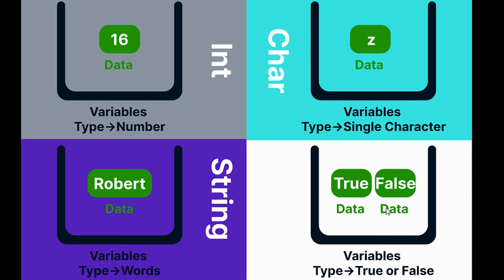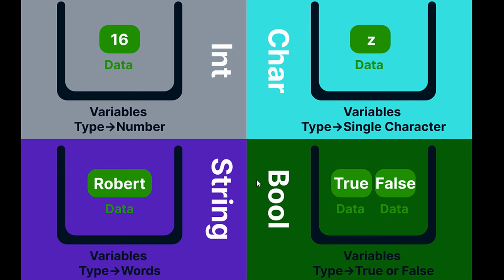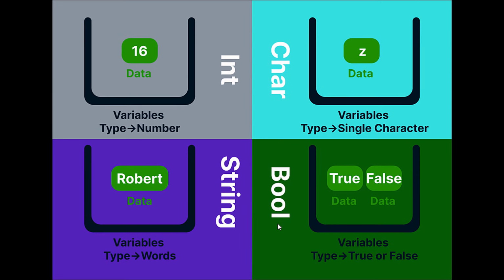And the type of variable that can store only 2 types of value, like true or false, is called bool. So now let's go ahead to CodeBlocks so that I can show you how to create variables